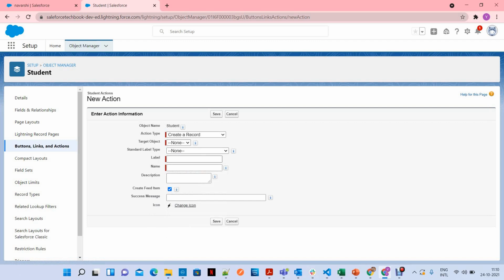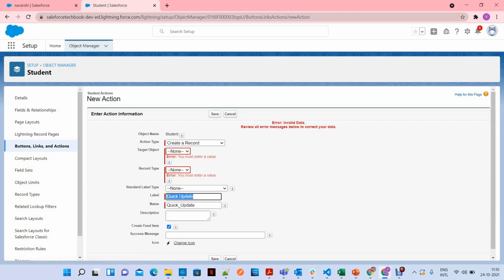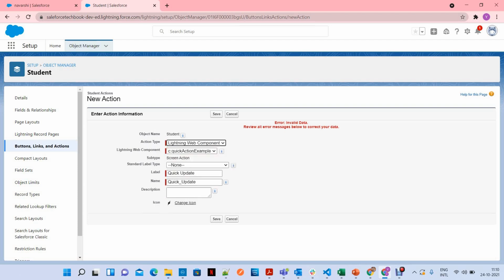Here, quick update. Save. Let's add this action. The first thing we missed: we have to select Lightning Web Component as the action type, and then quickUpdateStdLwc. This is our component. Save.